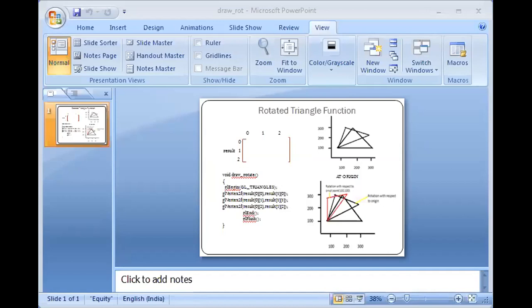So this is how I will be drawing the triangle. I will be initializing the triangle of 3 cross 3. This 3 is for the number of rows and this 3 is for the number of columns. The number of rows says the number of points. So 3 points I require for a triangle, and each point I will represent with 3 coordinates: the x coordinate, the y coordinate, and the third coordinate will be the homogeneous coordinate representation.